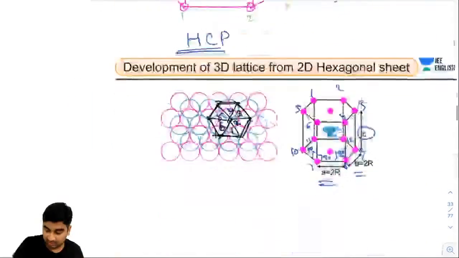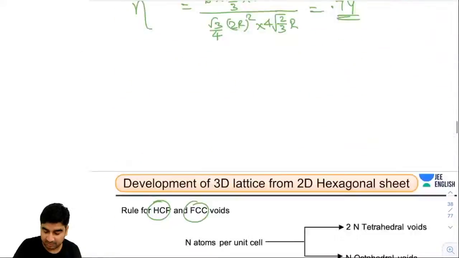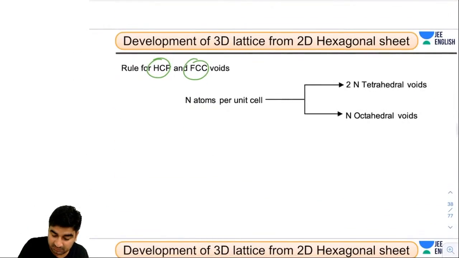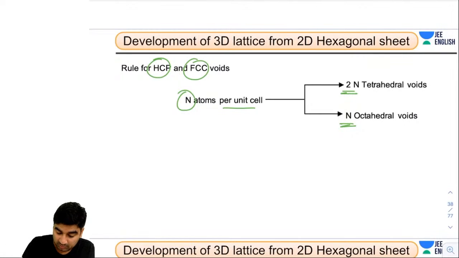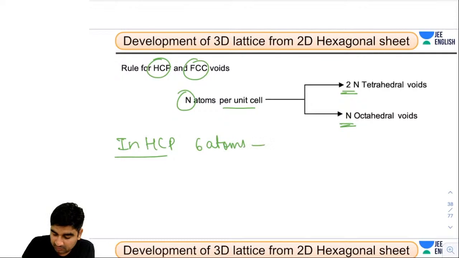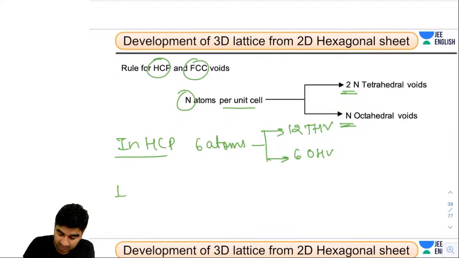So guys, I have one relationship between them: if there are n atoms per unit cell, then there will be 2n tetrahedral voids and n octahedral voids. So in HCP we have 6 atoms, so there would be 12 tetrahedral voids and 6 octahedral voids. In FCC,